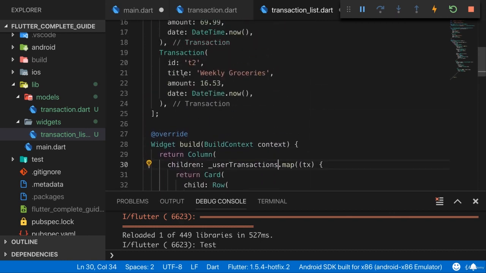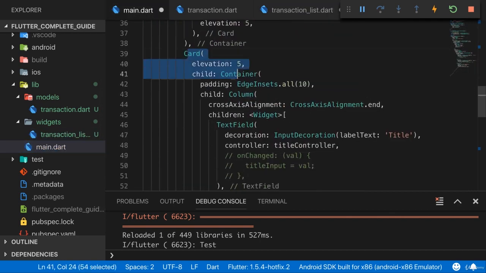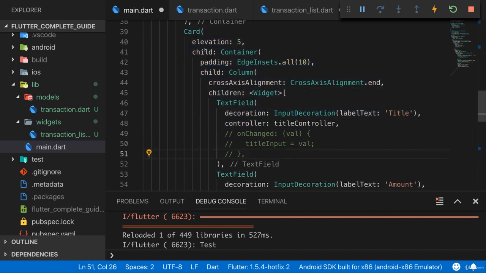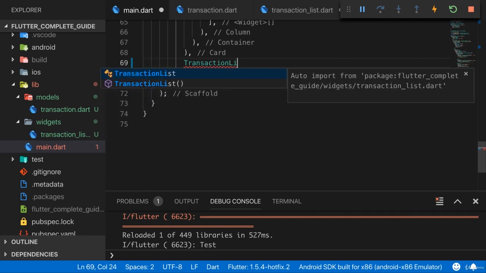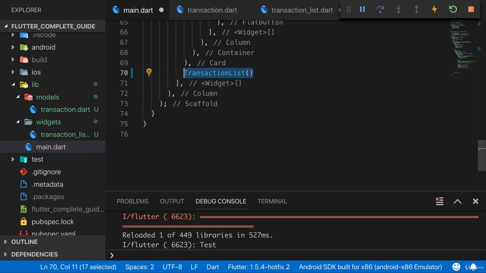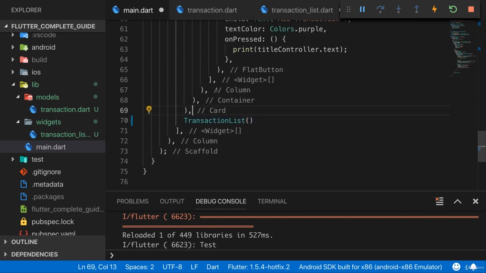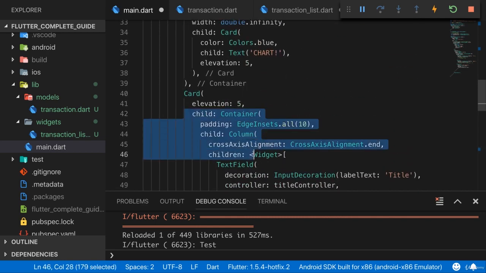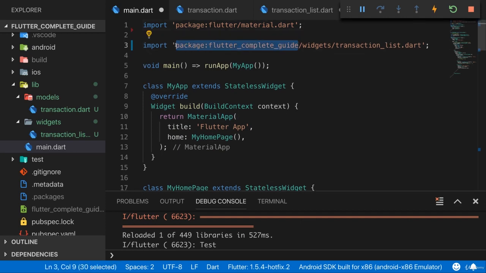Now we have the transactions managed in here, but now we'll face a new problem. We're adding transactions from inside our card here with the text fields, and that card is actually a sibling to our transaction list widget, which we would add here. So add transaction list here next to the card. That's why these ending annotations which the Flutter extension adds are really useful. So next to the card where you have your text fields. And of course, to use the transaction list widget here, you have to import it from /widgets transaction underscore list